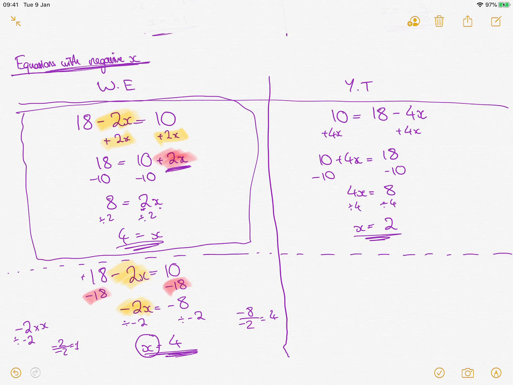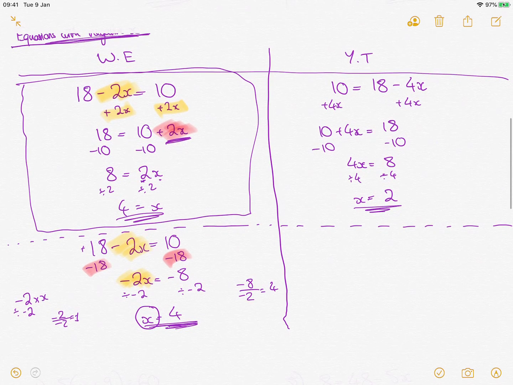So we've got a final answer of x equals 2. So there's your first method. Second method would be